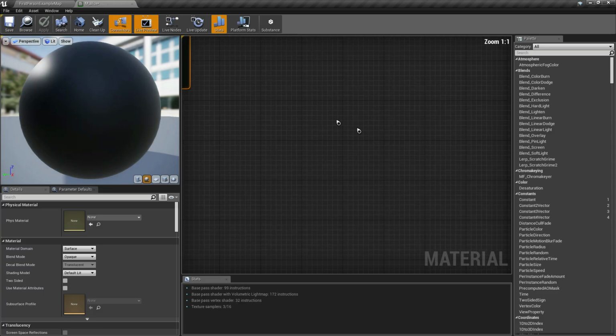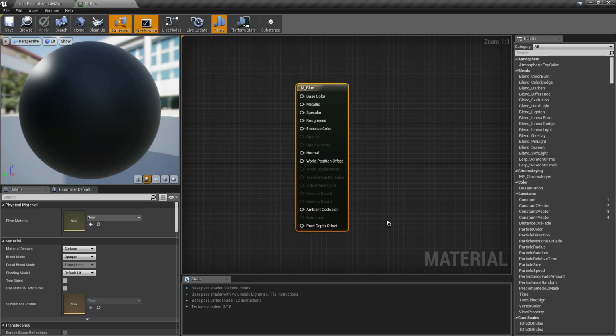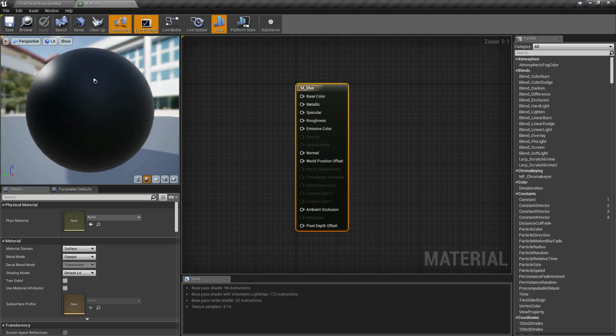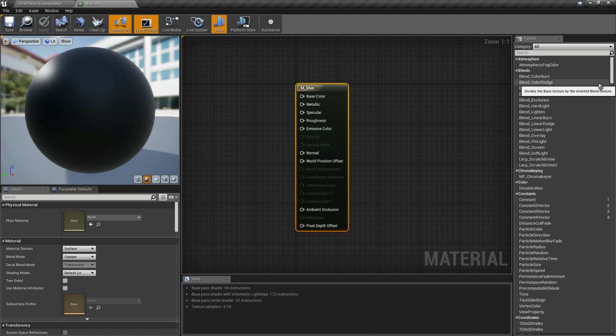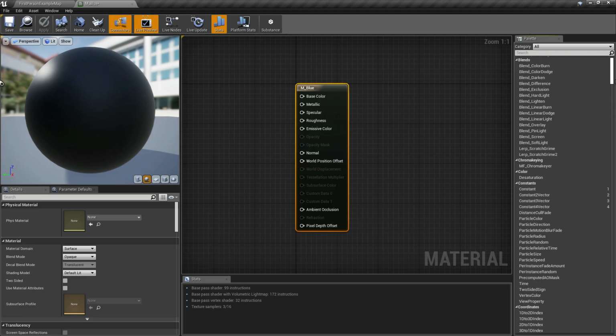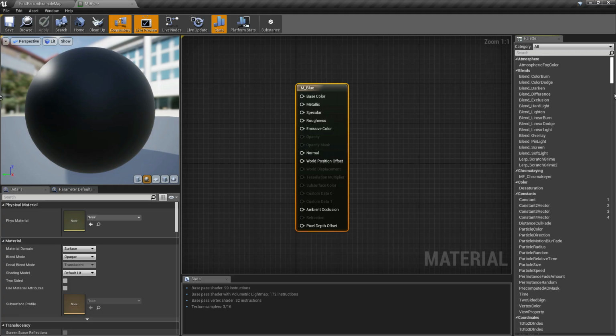And as you can see, this is the interface of the material we created. This is what the material looks like in the upper left side, and we have the palettes that we can use on the right side.